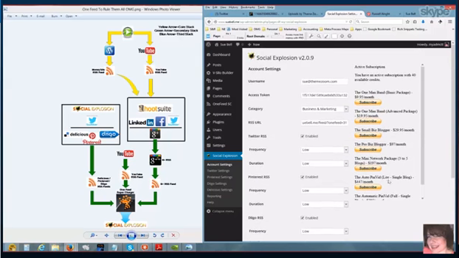So the reason that I said a minute ago, remember that there's 15 items in that feed, is because if I set this to low and low, it's going to burn 4 credits for each item in that feed. Now we have a calculator, so you don't have to hurt your brain trying to figure out what this is going to do to however many credits you bought. But that's why you want to keep track of it, because if you get carried away with the items you put in that feed,